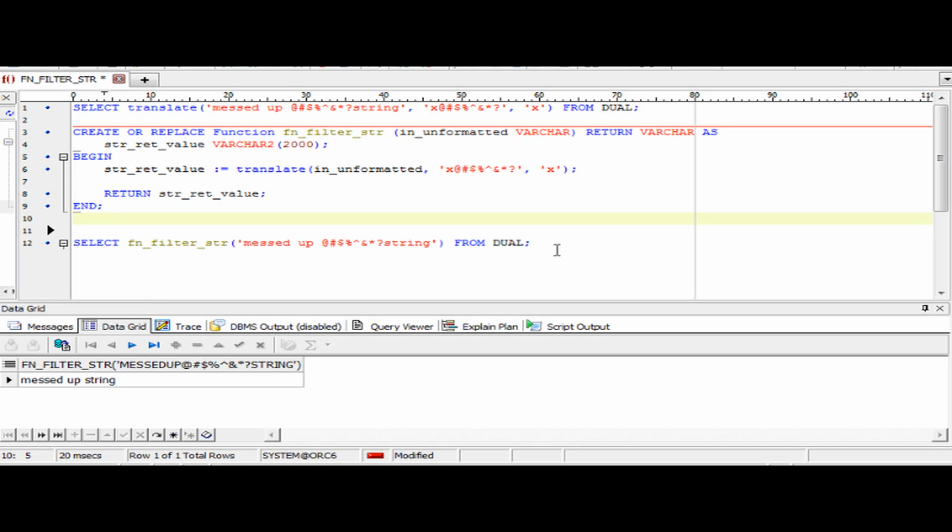But we have still one more issue. What if we have an additional character? We have to change the function and recompile and use it. So that should be a problem. How can we handle this? We should be able to add any other character we want to filter in addition to the standard filter values. How can we do it? We have to add one more parameter for a character or series of characters here.